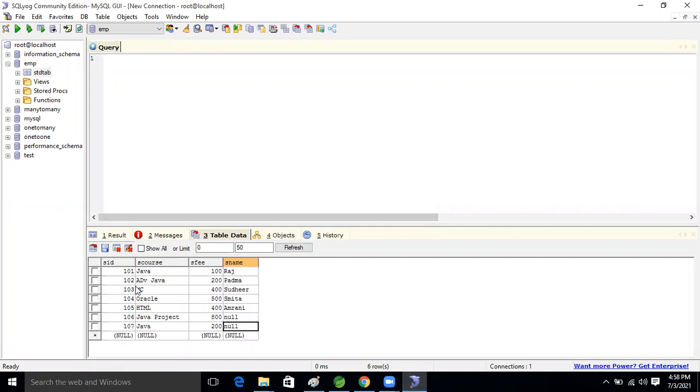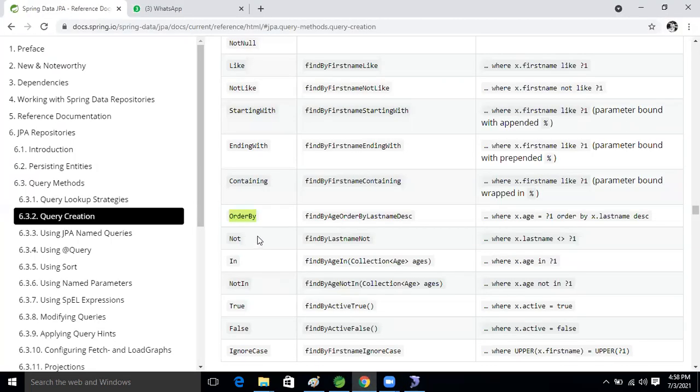I think find by something, order by a name, for example. One minute, give me the time. I will think about how we will write the query. Okay, I will tell. Find by ID, one minute. Find by each, order by.